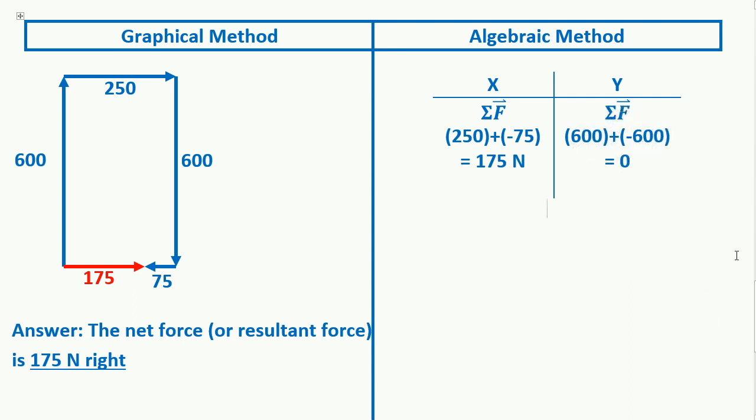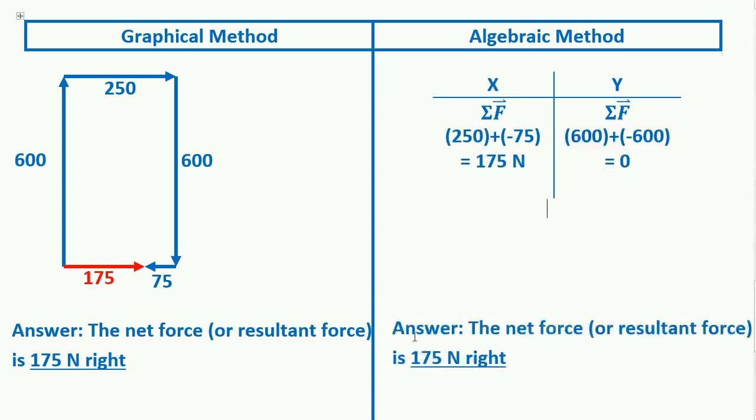So what this has told me is that if I want to look at the x and y separately, I see in my x direction, my net force is 175 newtons. And in my y direction, I have no net force at all. So overall, there's nothing going on in the y direction. It's just the x direction I have to worry about, and my net force is 175 positive, or because I'm working in the x direction, 175 to the right. So here's my answer. The net force, or the resultant force, is 175